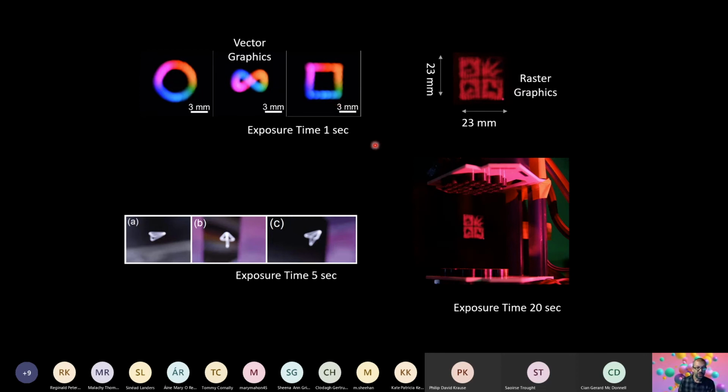So we can create these simple shapes in the order of about a second. We can create these more complex shapes in the order of about 5 seconds. And we can do raster graphics, depending on how big a raster graphics you'd like to do, in the order of 20 seconds. So basically, our capability was really exactly the same as the optical trapping device. The other group from University of Sussex that published a paper on this a bit after us have got a bigger system that works a bit faster,